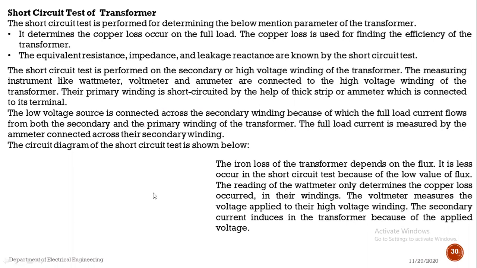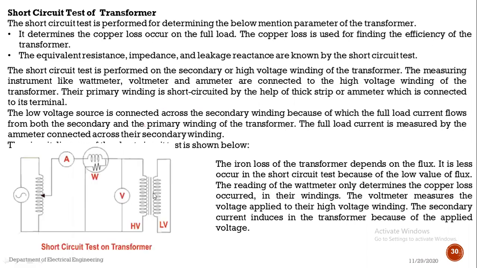See the circuit diagram for that. याची जी काय circuit diagram असेल, again here one of the transformer, that is auto transformer, is there. Here one ammeter is connected, then one wattmeter is connected आहे. Voltmeter is connected across the primary. So this is the HV side, that is the high voltage side. This is the LV side. बघा LV side काय केले, शॉर्ट सर्किट केले.